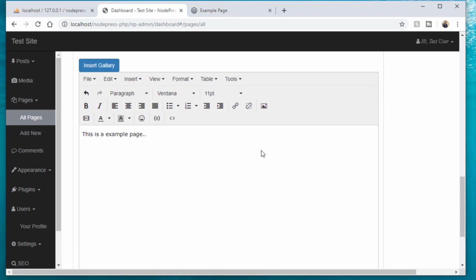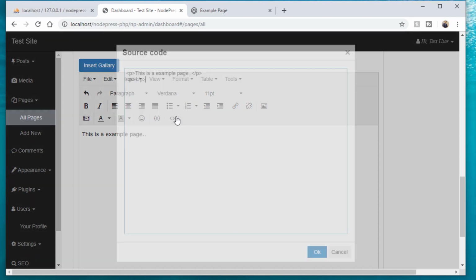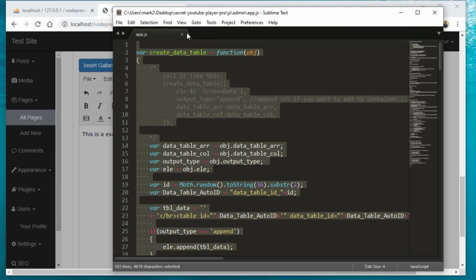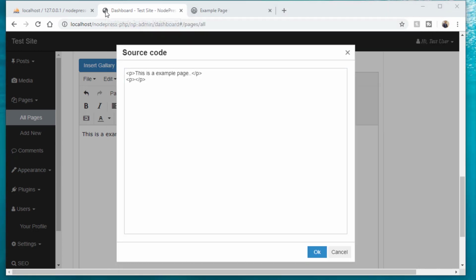In addition to that, you also have the ability as a web developer to add customized code right into your source code. Meaning, let's say, for example, you have this JavaScript code that you want to use. Rather than installing another plugin, copying and pasting the code in there, and then that plugin gets loaded, and then you get to use the code that you pasted in your plugin, you can write that JavaScript code right in here. And if you want to include any external libraries, you can literally just paste it in here. For example,